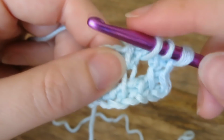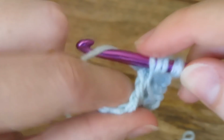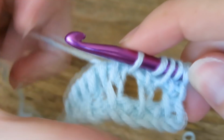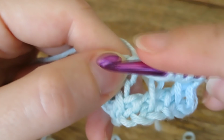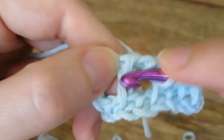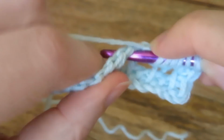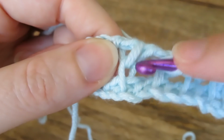Then find the next vertical bar there, go onto the vertical bar, keeping your hook at the front and do a simple stitch. Then find the gap and go through the back and grab the yarn. Keep that on your hook and do that all the way across. So next vertical bar, that can sometimes look like a vertical bar there, but just make sure it's this vertical bar that's feeding from this stitch here, this little oval shape. And go onto there, keep your hook at the front, grab the yarn, bring it under, keep it on your hook. Then go through the gap to the back and grab the yarn, keep that on, find the next vertical bar that's feeding from that loop,